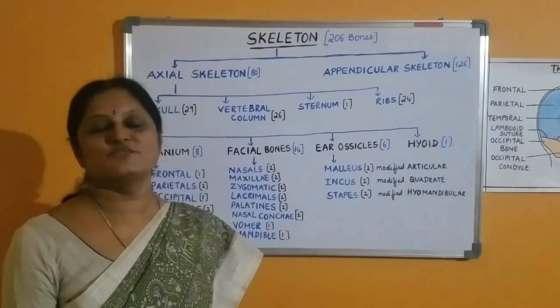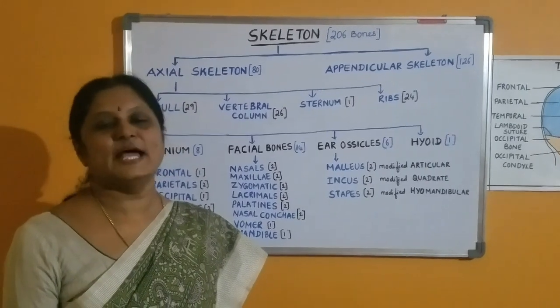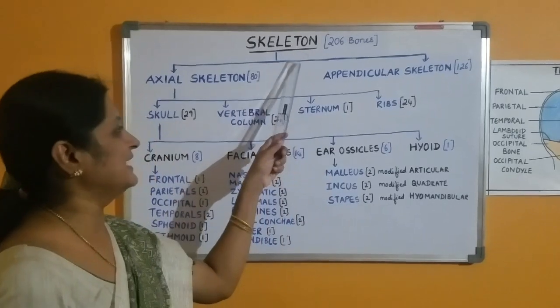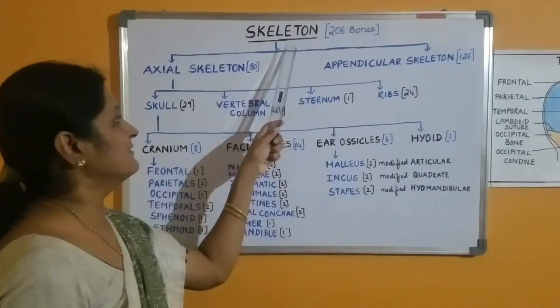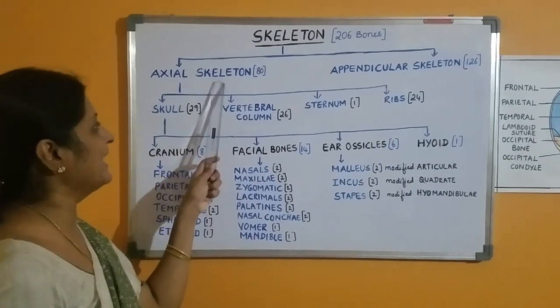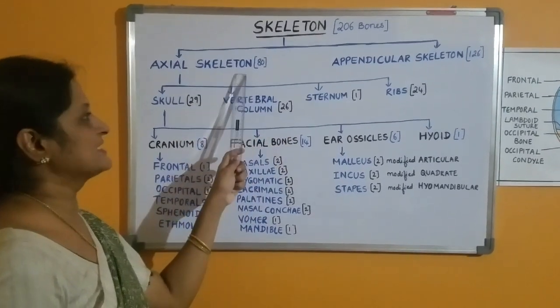The system which gives support to the body, which helps in locomotion, which gives posture and gesture to the body, we call it as the skeletal system. And human skeleton comprises of 206 bones and few cartilages. And this skeleton is divided into axial skeleton which is present along the main axis of the body and appendicular skeleton which is attached to the axial skeleton.